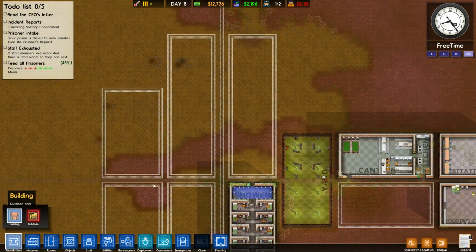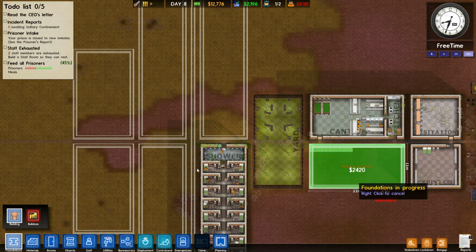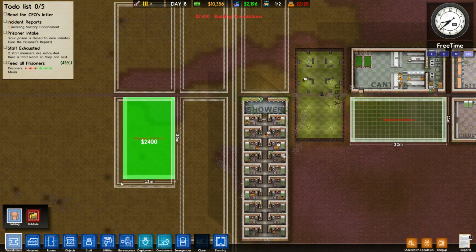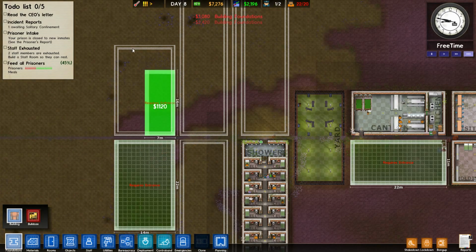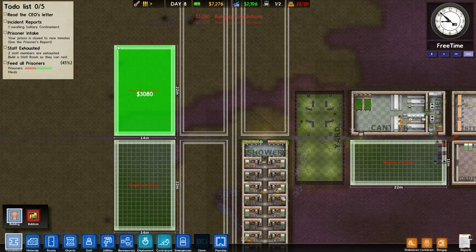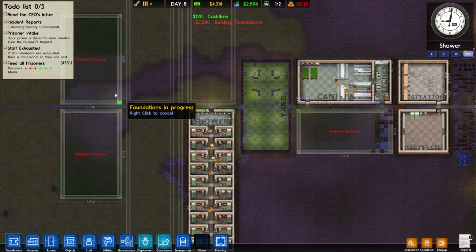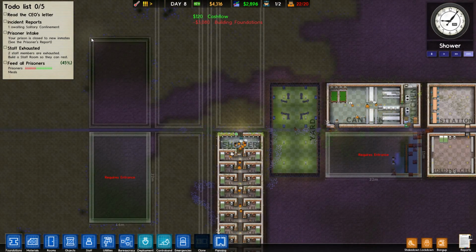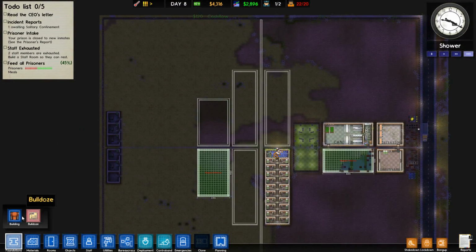Meanwhile, I'm going to put down a couple of things. So I'm going to build some foundations here, and also these foundations. These foundations. Now that's a lot of foundations. I'm actually going to... no, shall I remove these? No, I think...